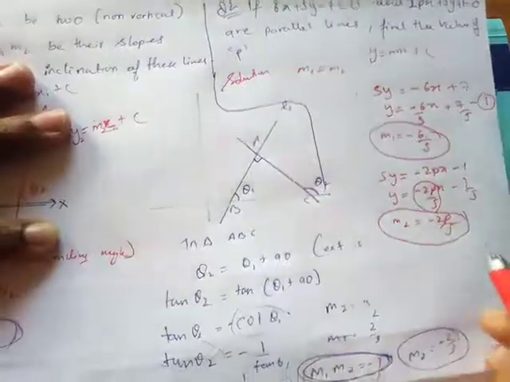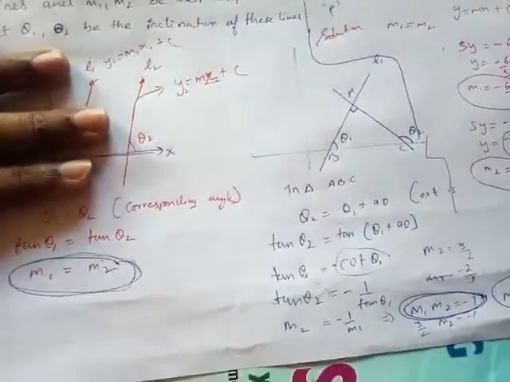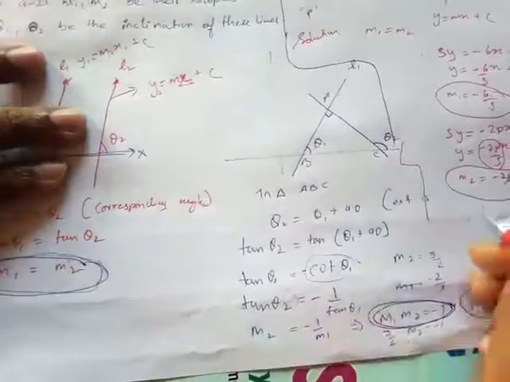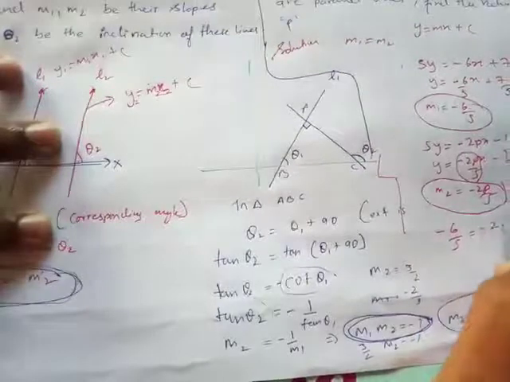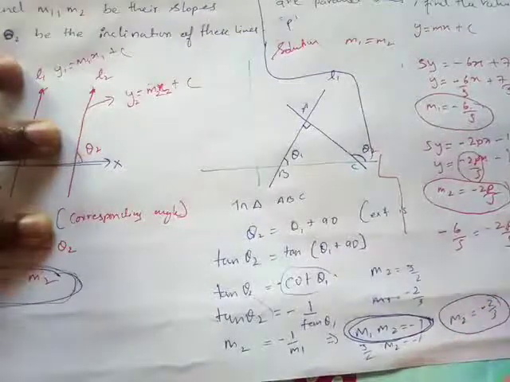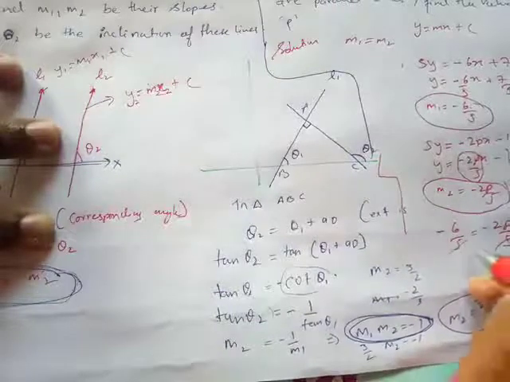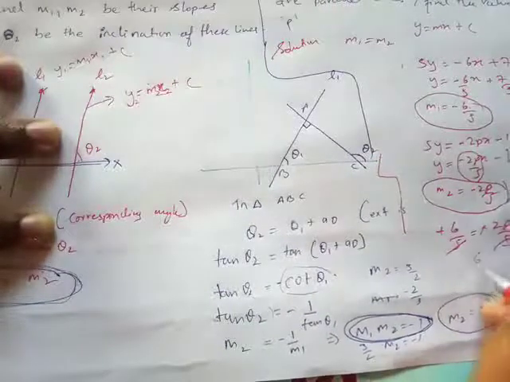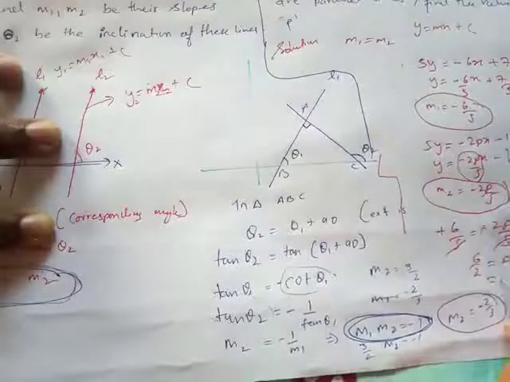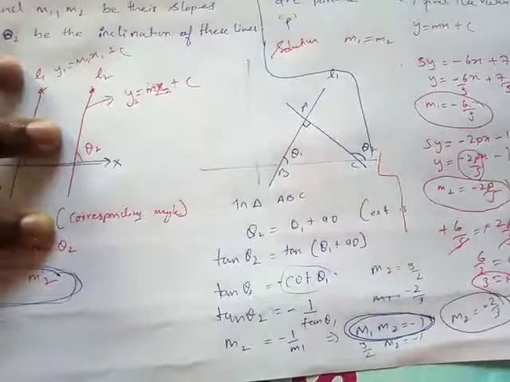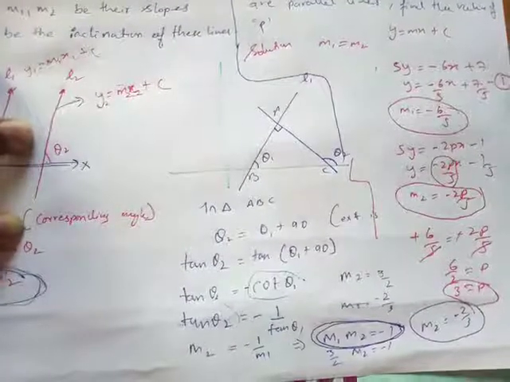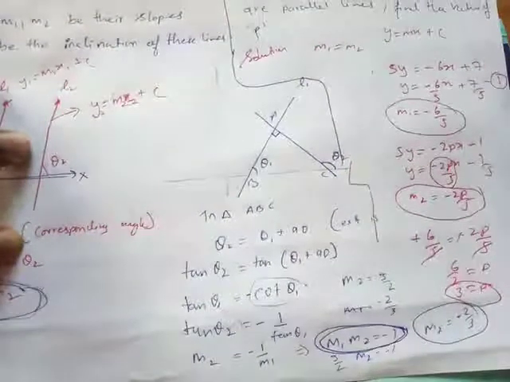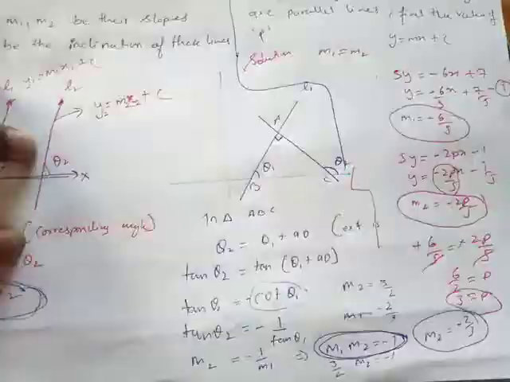But both of the lines are parallel to each other. So if both lines are parallel, which formula do I have to use? m1 equals m2. After finding m1 and m2, I'm going to say m1 equals m2. So that is minus 6 over 5 equals minus 2p over 5. And then I can cancel things out. 5 and 5 can be cancelled, minus and minus can be cancelled. So 6 upon 2 equals p, and p is going to be 3. What is the value of p? p is going to be 3. I hope you guys are understanding this. Okay, so that's how you do this type of question when the lines are given parallel to each other.